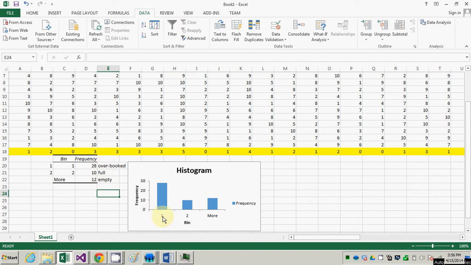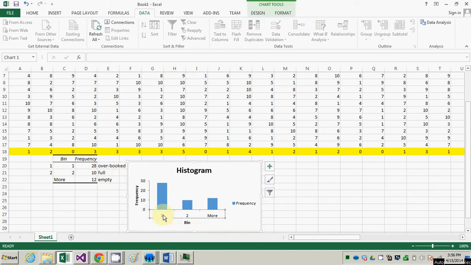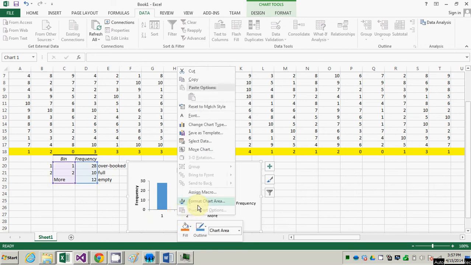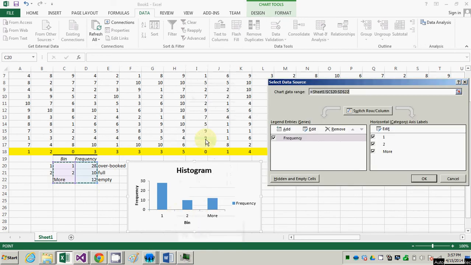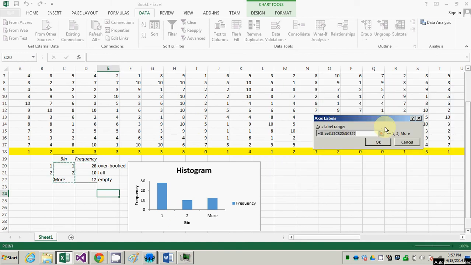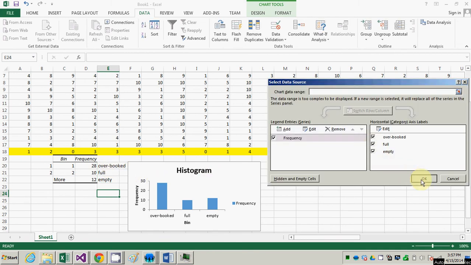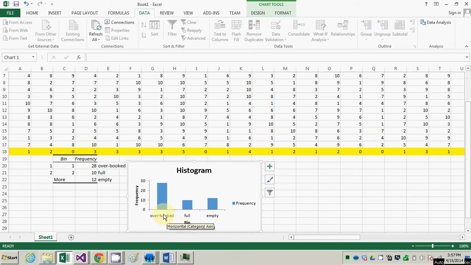So in formatting this, I just clicked on the 1, 2, or more down below, and I'm going to right-click on that, and I'm going to select data, and I want to format the horizontal axis labels. So I'm going to select edit, and I don't want the 1, 2, and more showing up. I want the overbooked, full, and empty cells showing up. So I'll say OK and OK again,